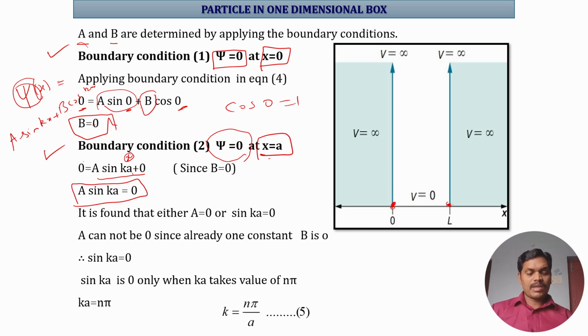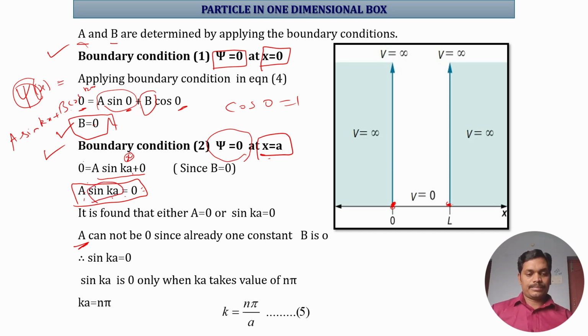But from this equation, we could say a equal to 0, sin ka equal to 0. But already the arbitrary constant b is 0, so a should not be 0. So listen carefully. In the two boundary conditions, already b is 0, so a should not be 0. But as per this equation, a equal to 0. So what we are going to do is